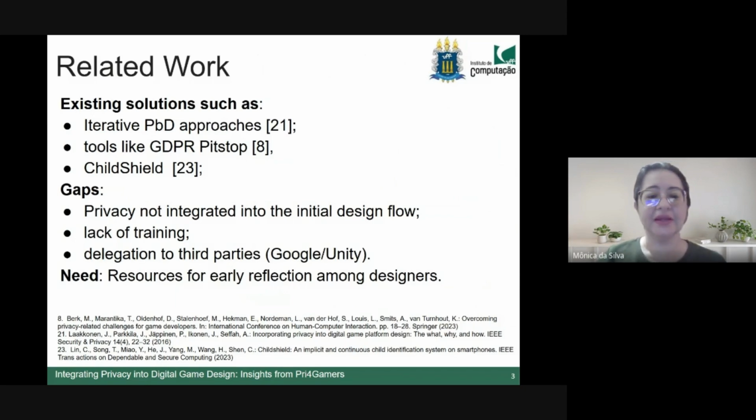Among the gaps we have identified, we observe that integrating privacy into game design is quite challenging because of how individuals perceive privacy aspects and what defines a privacy problem, how to represent this to a player, and how they will interpret these signals and warnings of issues. Thus, all of this leads to a privacy concern. The absence of training for teams or their lack of understanding is also an issue, as is the challenge of integrating with multiple platforms that can collect data without developers being aware and without notifying their players. Thus, designers must adapt and consider new ways to reflect and respond differently during the game development process.